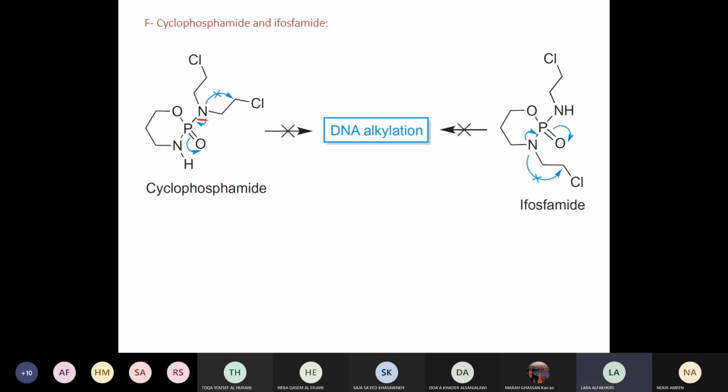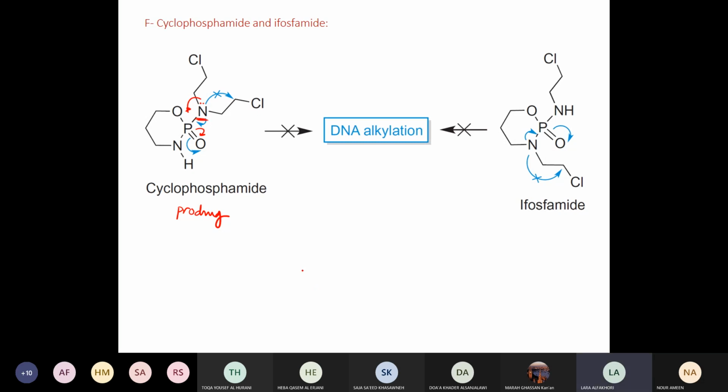Because I have withdrawal of electrons inductively. I have oxygens, phosphorus, and nitrogen that are withdrawing electrons inductively, and at the same time they are withdrawing electrons via resonance. So the electron density on this nitrogen is very, very low. Such drugs were designed to be pro-drugs, meaning the reliance was on hydrolysis of this bond to release the nucleophilic nitrogen, which then forms the aziridinium ion and reacts with the DNA.